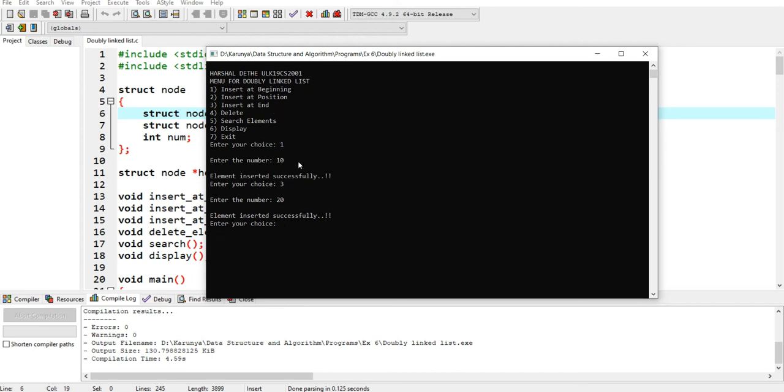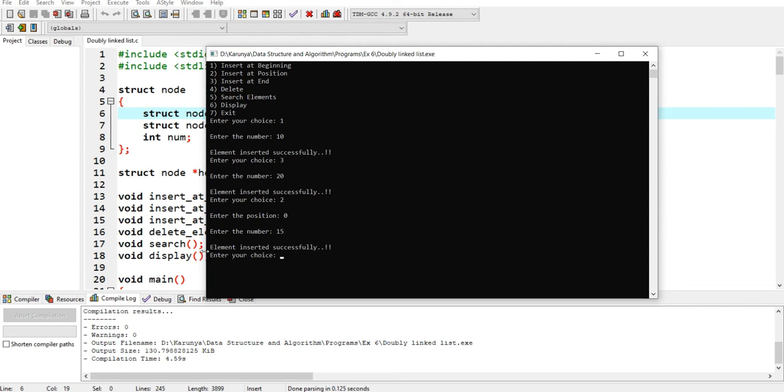Element inserted successfully. Now I have to insert the element at the position. So I'm inserting the position. See here it is asking us to enter the position. So I'm entering 0 because the index starts from 0. Now I'm inserting 15. So here it is showing element inserted successfully.